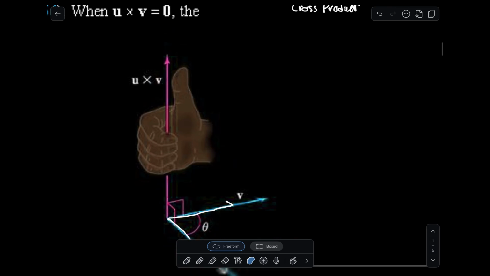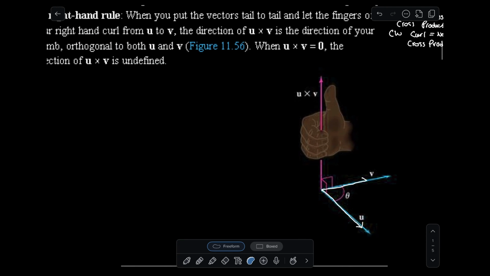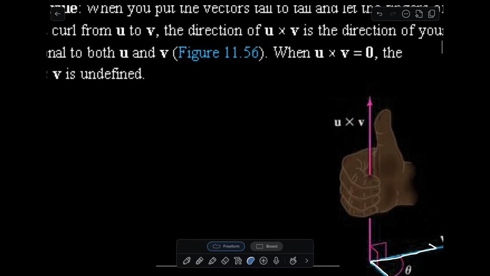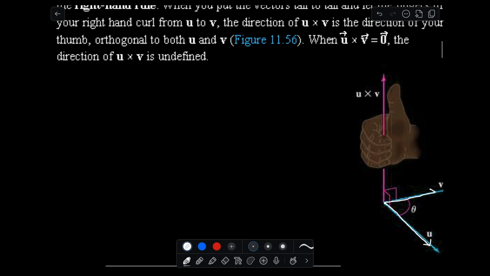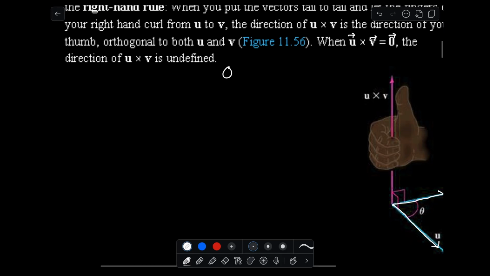And then our last thing is when u cross v equals 0, the bold again refers to the arrows of these vectors, right? So we'll just put that in there for clarity. When u cross v equals the 0 vector, the direction of u cross v is undefined. In part because if we have our 0 vector, this is what we defined in our earlier sections,